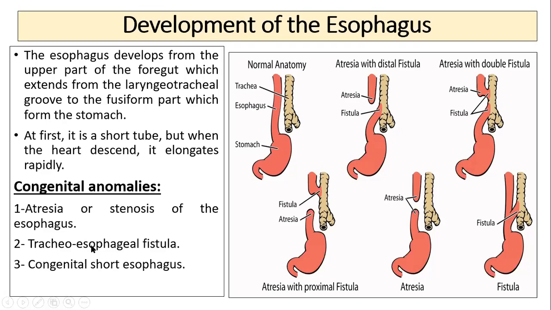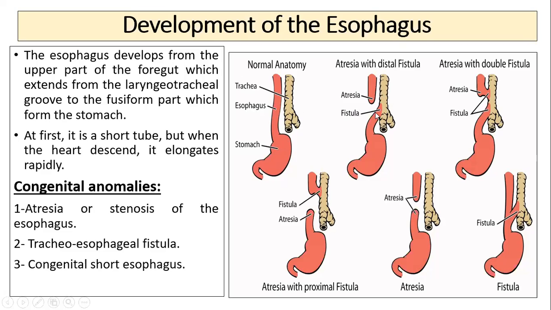Sometimes there can be tracheoesophageal fistula. This is the trachea, which is part of the respiratory system. It opens into the two lungs. So sometimes there can be a fistula, meaning a connection between the trachea and the esophagus. Normally there is no connection between the esophagus and trachea. The trachea is just in front of the esophagus, and the esophagus is behind. Okay. So sometimes